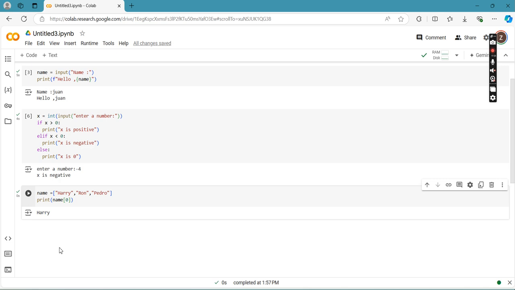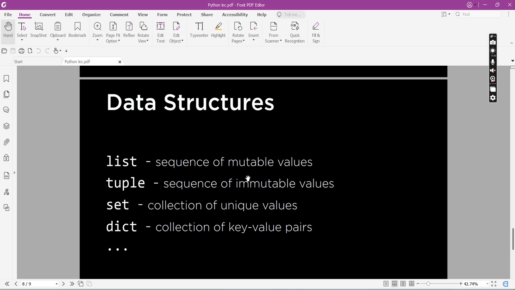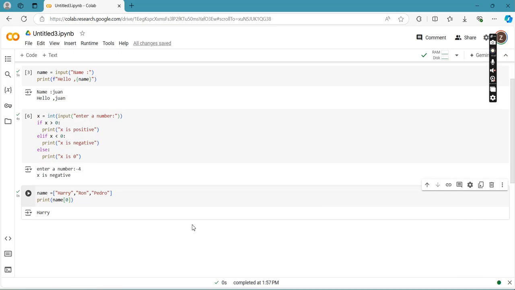Okay, so again, that is a list. Now, as I've told you, a list is mutable. So we could modify it and insert additional values in our list.